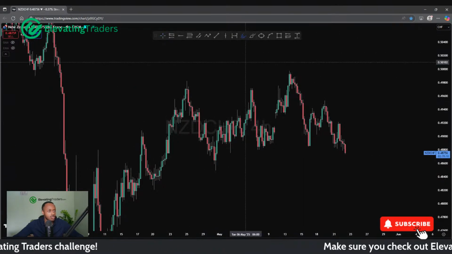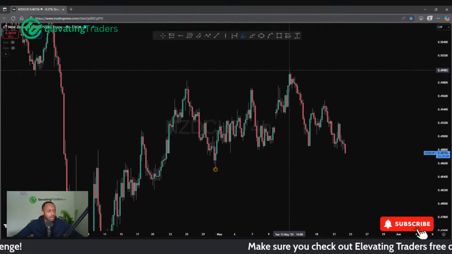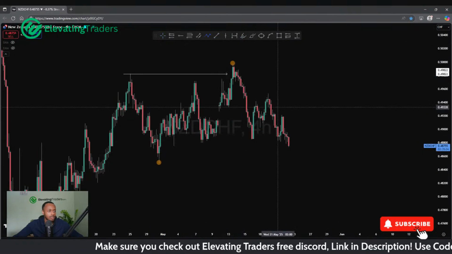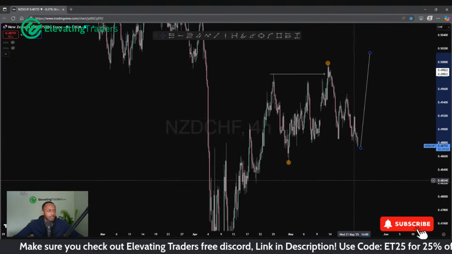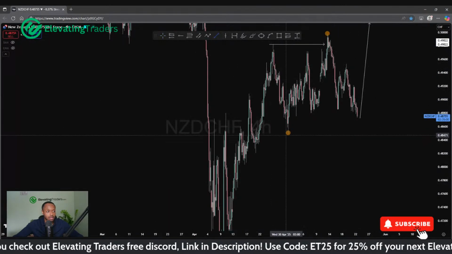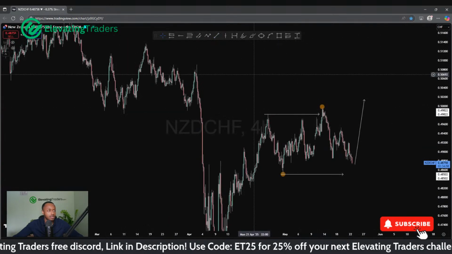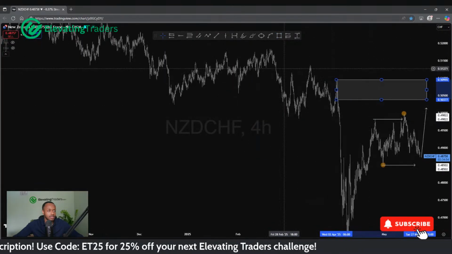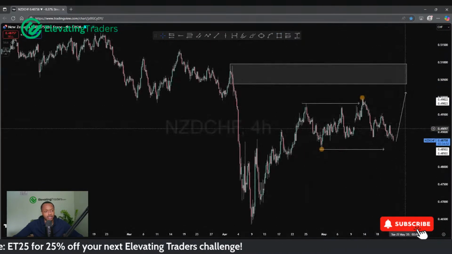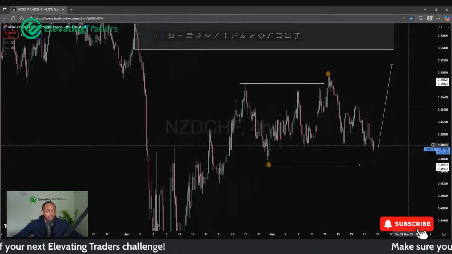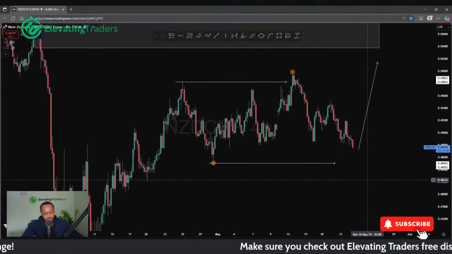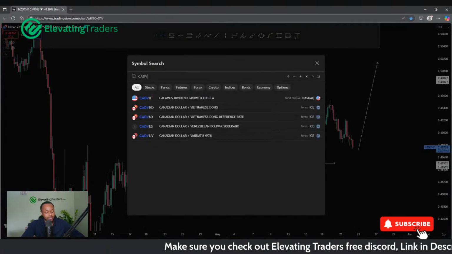This was the last swing that gave us that push to the upside, which just about broke structure there. So again, looking for a buy to the upside there as well, as long as we don't break the low here. I do think we can push back into supply up there. I think we can push further than that, but at least a push back into that area is on the cards. Other CHF pairs, not as convinced.